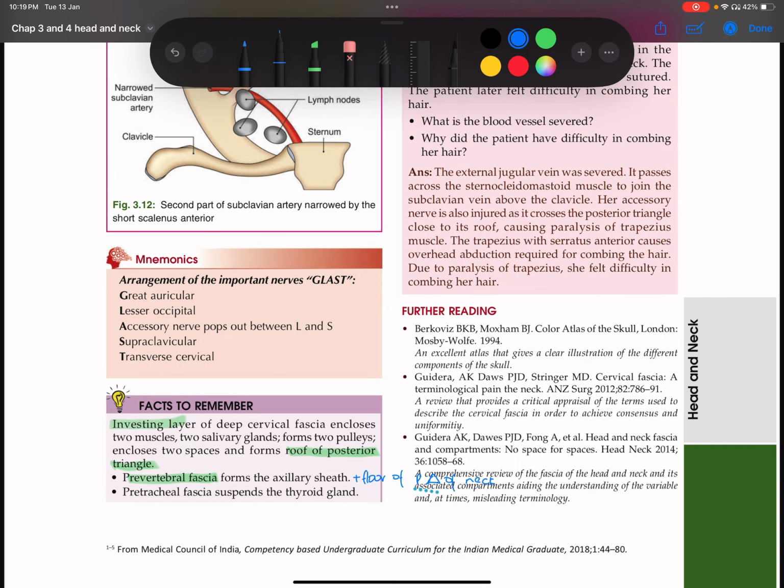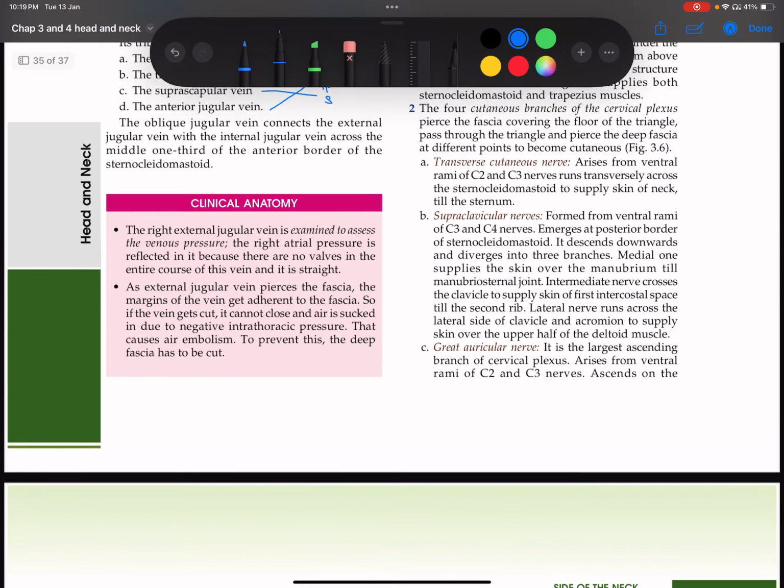So deep cervical fascia has the investing layer that forms the roof of the posterior triangle. It has prevertebral fascia, which forms the floor of the posterior triangle of the neck as well as the axillary sheath, and it has pretracheal fascia, which suspends the thyroid gland. Right. Then moving backwards, so we have